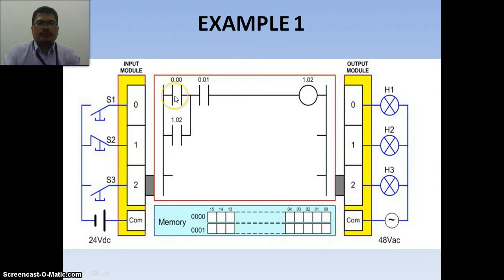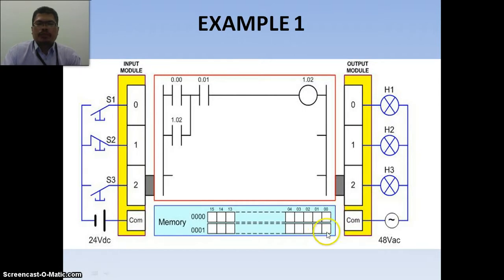Third phase, the PLC will update the program, or this program, based on the memory status. And then it will update the output based on the logic of the circuit, then update the output memory, and last stage, it will update the output based on the status of the output memory.